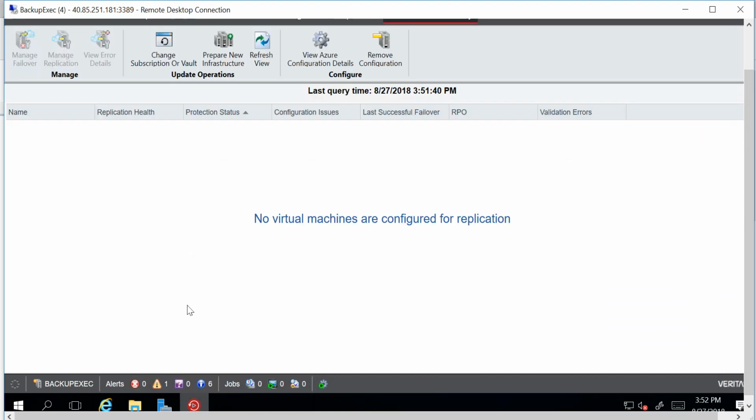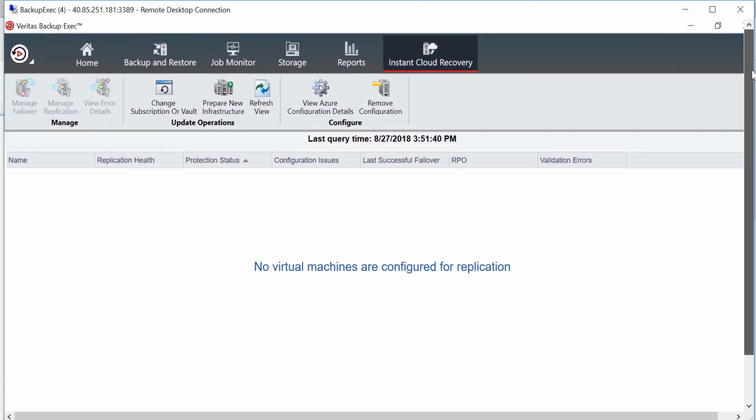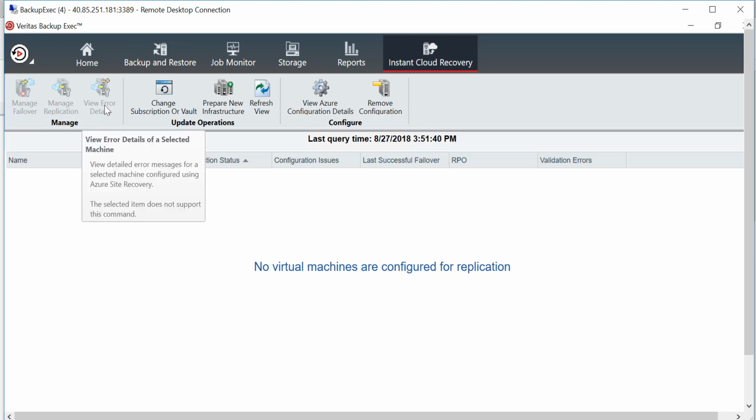within the portal. But the important thing to remember is that everything can be controlled right from the Backup Exec console. You can manage the replication, you can manage the failover, and all those things are